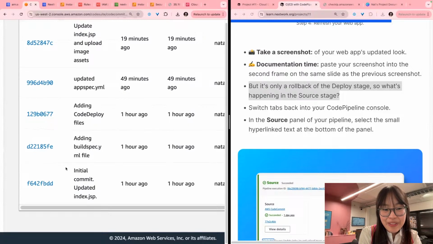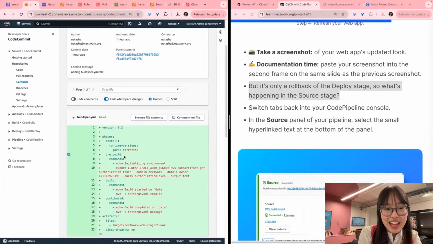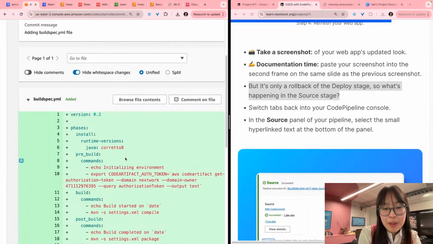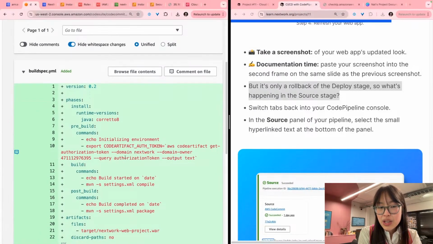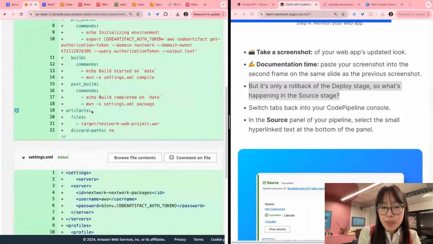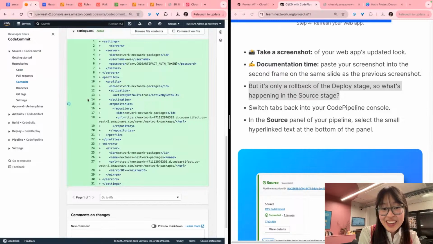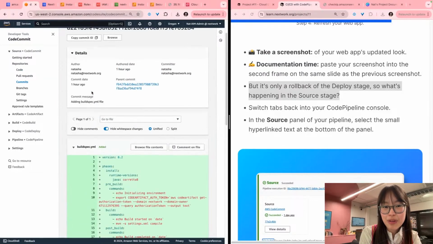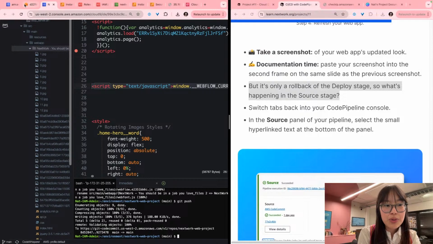Look at that. If you just click on this commit, that was back when we added that buildspec.yml file, you're going to see this is your commit page, remembering that when you pushed through that commit, the changes you made were that you created a new file called buildspec.yml and you populated it with this code. You also created settings.xml and populated it with this code. Isn't that so handy for having a recap of exactly what you did at every commit? The power of Git repositories. Super, super powerful. So with that learning, let us switch back to our CodePipeline